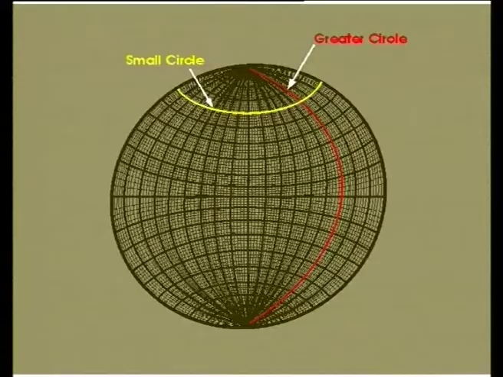The difference between a great circle and a small circle is that in case of a great circle, the two ends intersect the periphery of the stereographic projection at two diametrically opposite points, that is, the angle between these two ends is 180 degrees, while in case of a small circle, the two ends of the circle intersect the periphery at angular distances identical with the northern or southern end of a horizontal line.